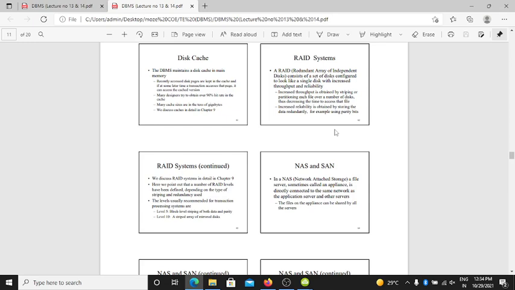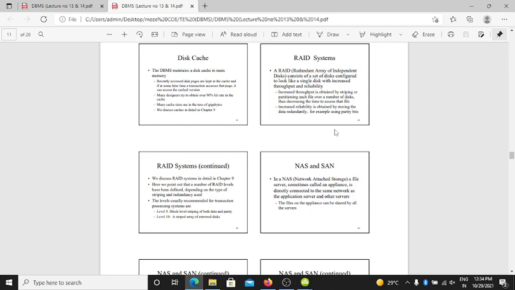Increased throughput is obtained by striping or partitioning each file over a number of disks, thus decreasing the time to access that file. Increased reliability is obtained by storing the data redundantly, for example using parity bits.